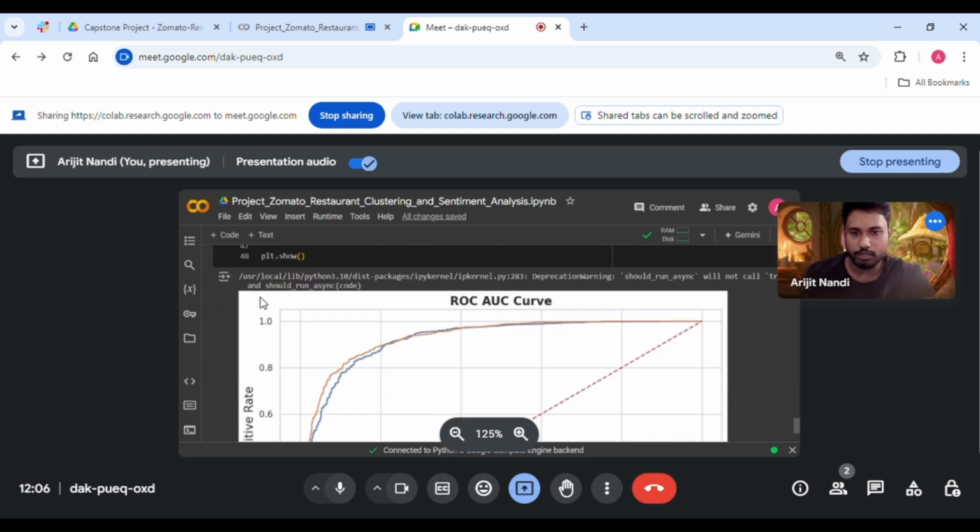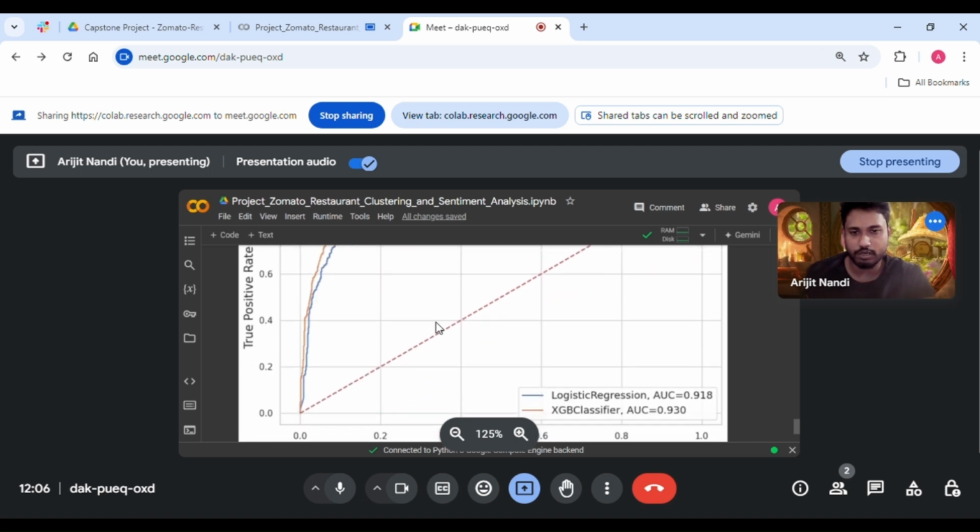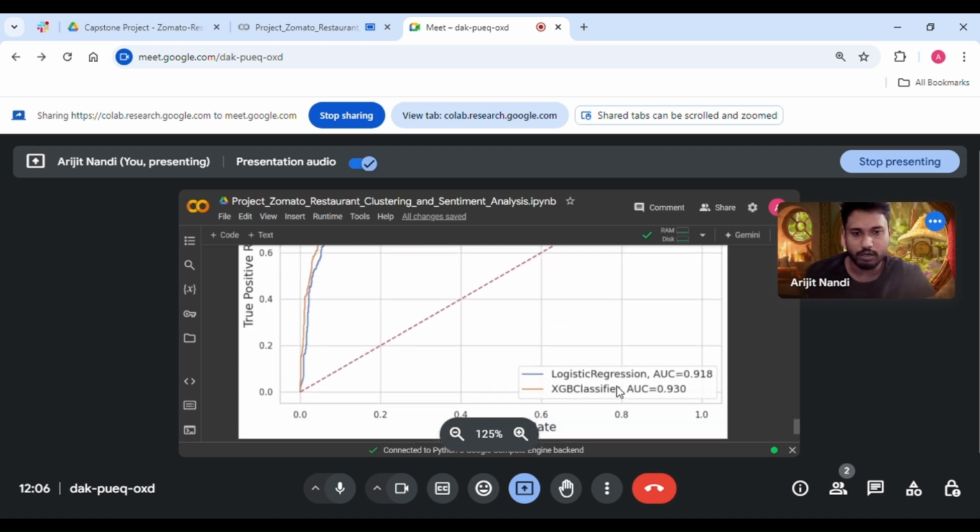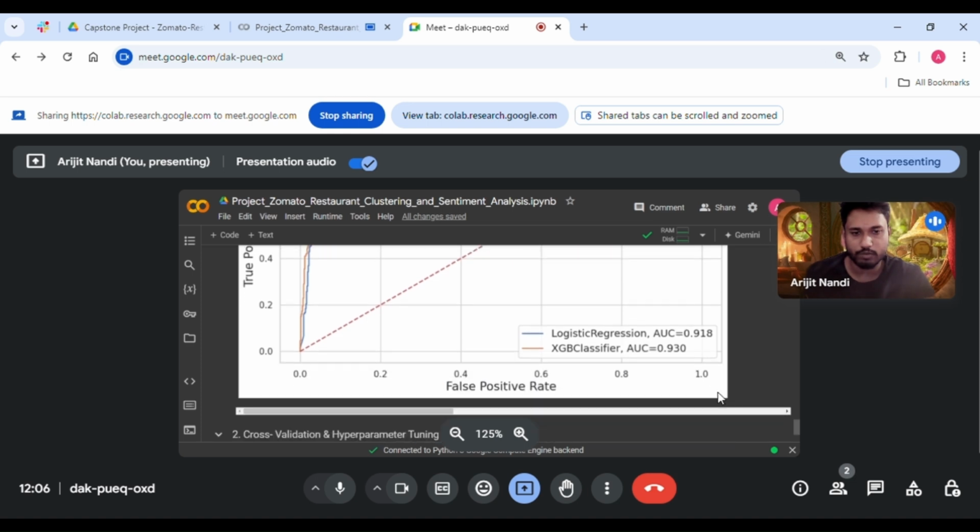Now plotting, that is, this is the ROC AUC curve. You can see this is nearly 0.91 for logistic regression and 0.93 for the XGB classifier. So the XGB classifier, we can see, is more accurate. Means the model is